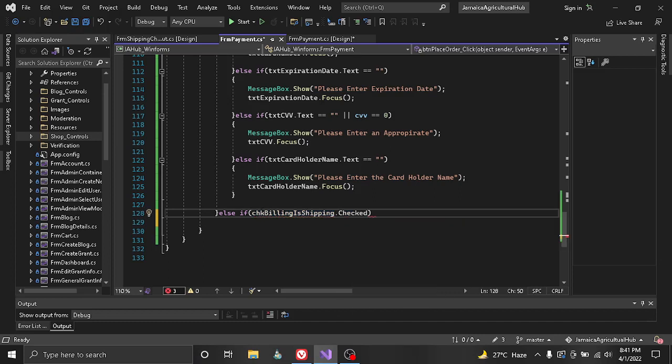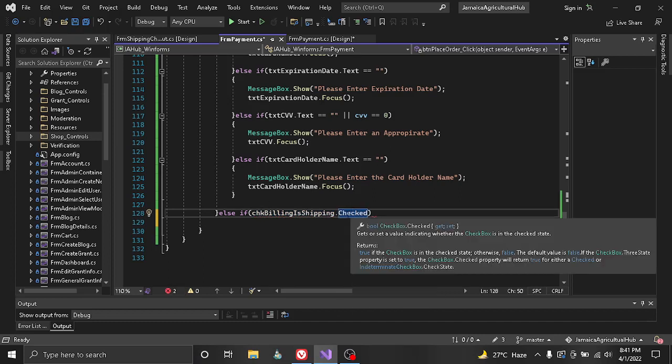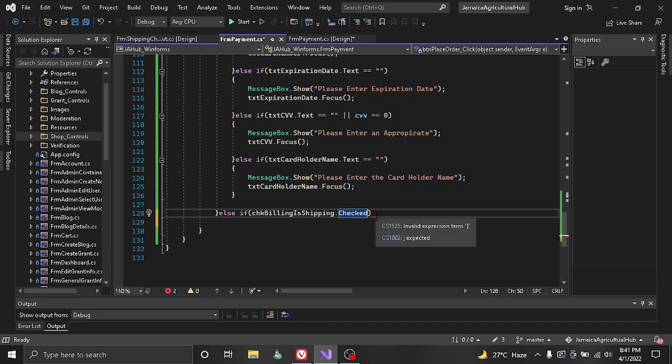That checks whether this returns true, false, or not checked. It gets the value indicating that the checkbox is in a checked state. So it returns true if it's checked, so you don't need to set it equal to true. So if it's checked, I want to ensure that